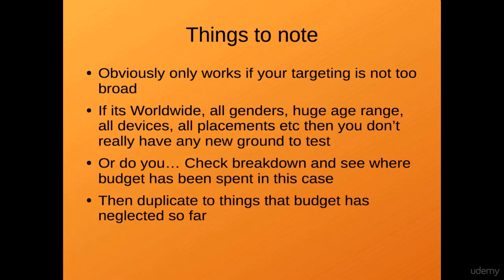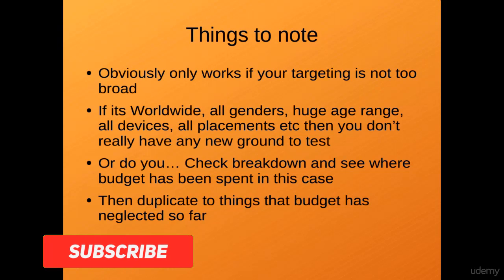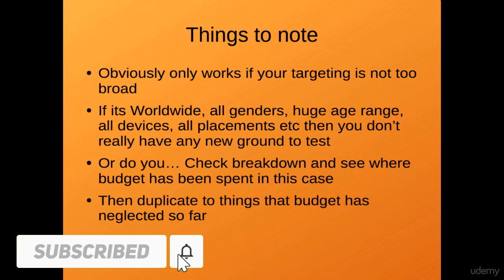Things to note, obviously this is only going to work if your targeting isn't too broad. If you're targeting worldwide, all genders, 13 to 54 plus, all devices, all placements, then on the surface you don't really have any new ground to test because you're running an ad set to literally everyone and everything. Or do you? If you check the breakdown, using the breakdown tab, of the country, the age, the gender, the placement, the device,